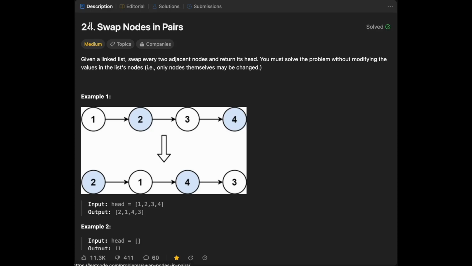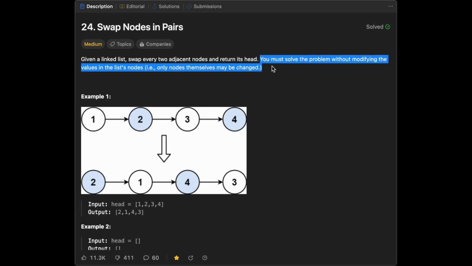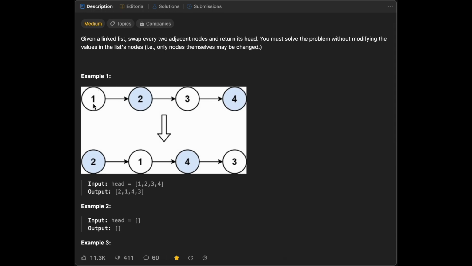Today let's discuss this LeetCode question 24, swap nodes in pairs. The question is, given a linked list, swap every two adjacent nodes and return its head. You must solve the problem without modifying the values in the list nodes. So what it means is, if we go to example 1, we are given a linked list 1, 2,